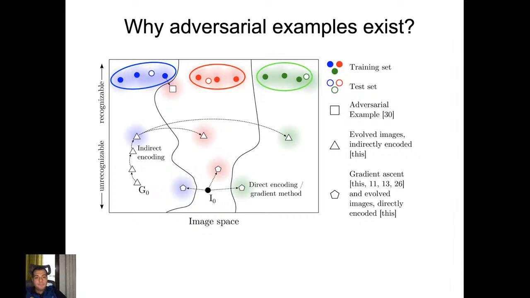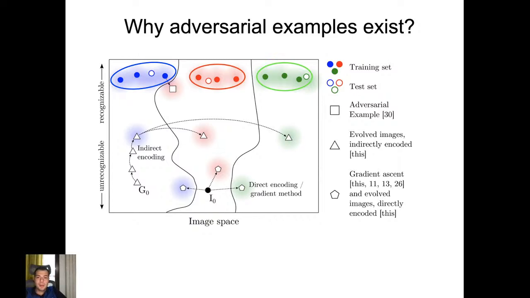Okay, so we will move slightly towards looking at why these adversarial examples exist. I think it mainly boils down to the fact that these models are essentially linear, if you think about a single layer. In the final representation that you get just before the classification layer, you have embedded the data into a space, and then you apply some linear classifier on top of that.